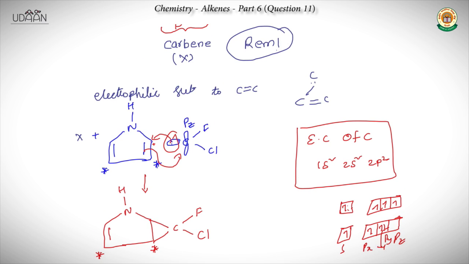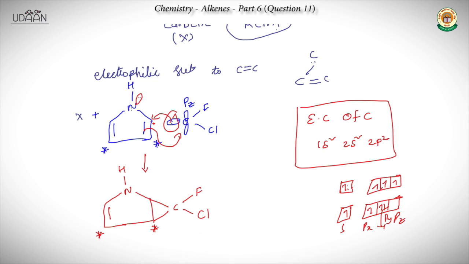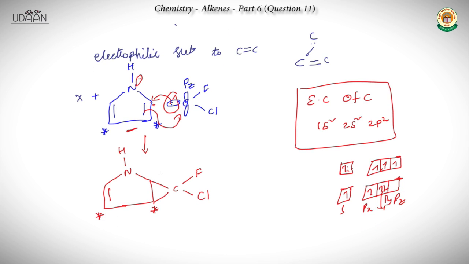Now look into it very carefully. Before the reaction, this molecule has aromaticity. Now you will come to know it in the benzene chapter, don't worry about it. For now, just remember that this compound has aromaticity, and aromatic compounds are very much stable. Now, because of the addition of this carbene, this compound has lost its aromaticity, but there is a possibility for it to regain its aromaticity again, that is by transfer of bond.